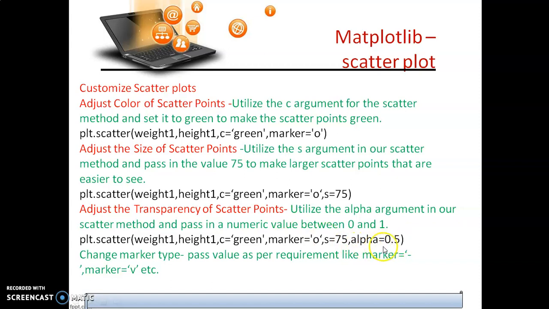If we want it less transparent, then we can use 0. If we want it more transparent, then we can use 1. The value of this alpha lies between 0 and 1. And we can also change the marker type, for example marker equal to v, or marker equal to anything.